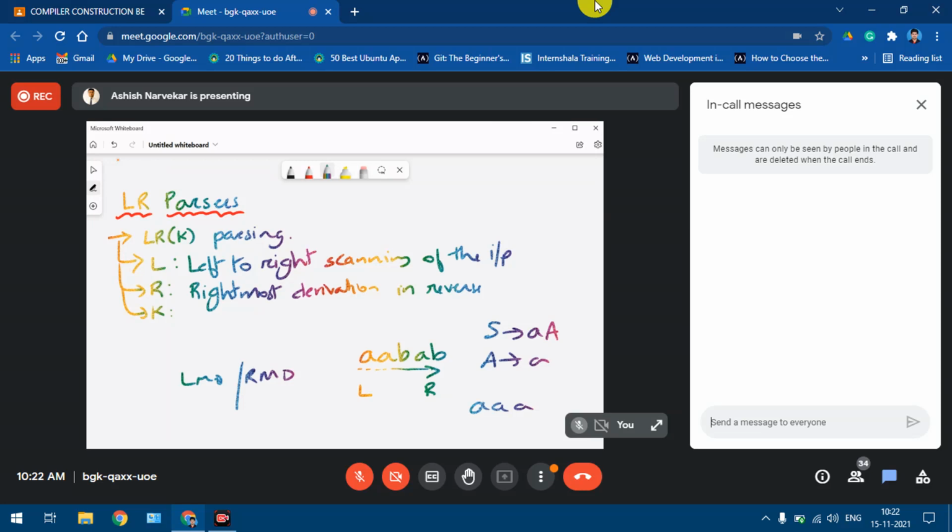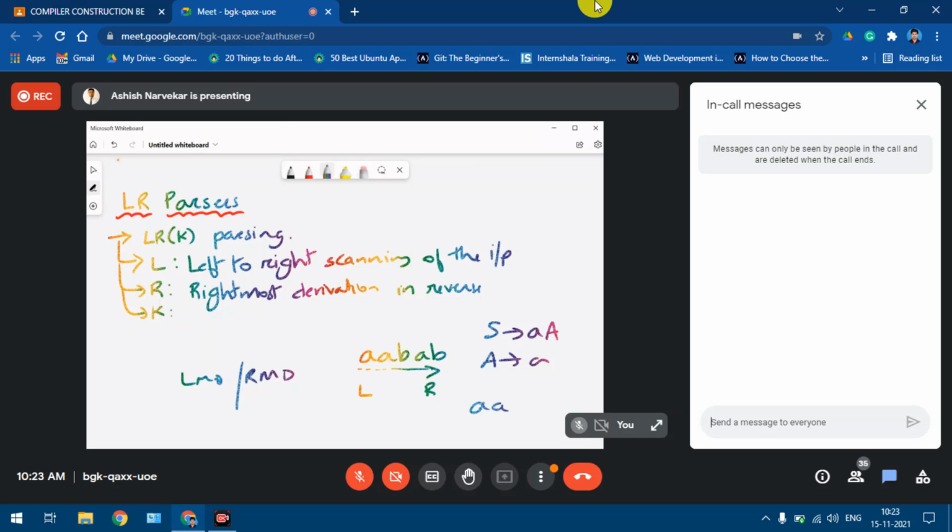Now when you do the rightmost derivation, in this case you will select an appropriate production out of these, and then you'll start substituting from the rightmost end. I think we'll just remove one of the A's from here so that it becomes proper.